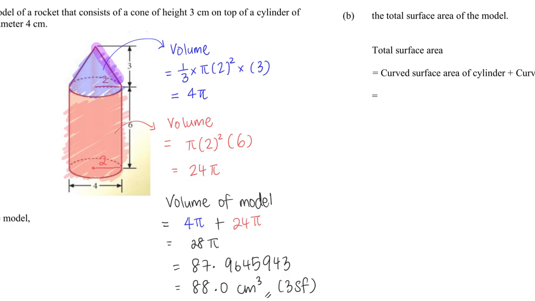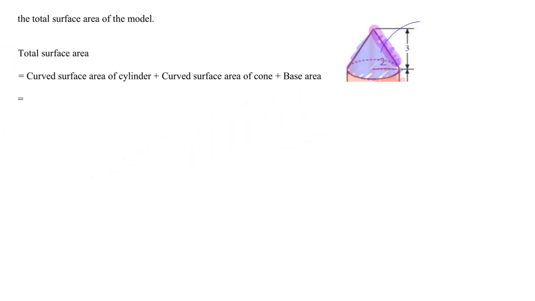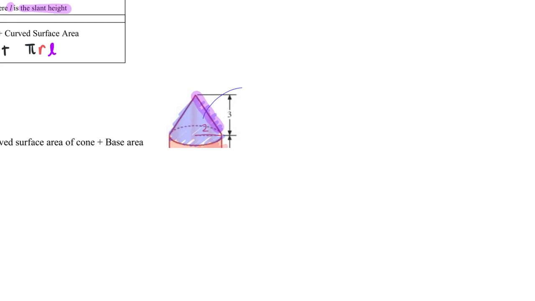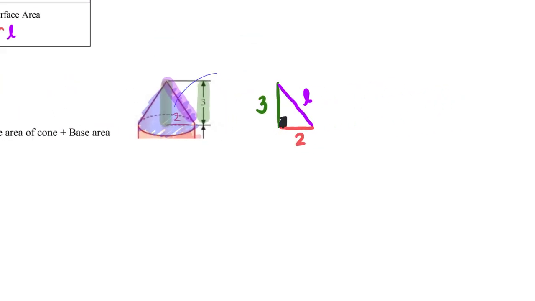I'm going to just cut out this part and just place it here so that at the side you can then see that, at least for the cone. Okay, I will have my height here, 3, radius 2, and this is actually the slanted height that we need to find for this right angle triangle before we can proceed. All right, so for L,